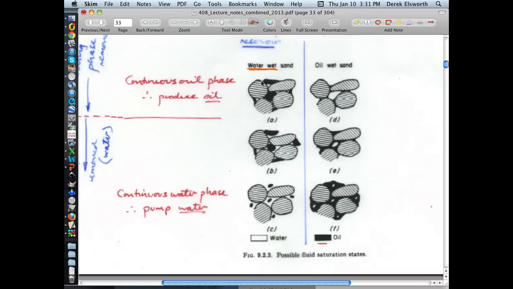And what's also present, though it doesn't show because you can't see it, is that because the water loves the quartz so much, there will be a monomolecular layer of water in touch with the grain that covers the grain, but is inconsequential other than that. Then there's a small pocket of water that sits here. So what would this be? This would be 80% saturation of oil and 20% saturation of water,